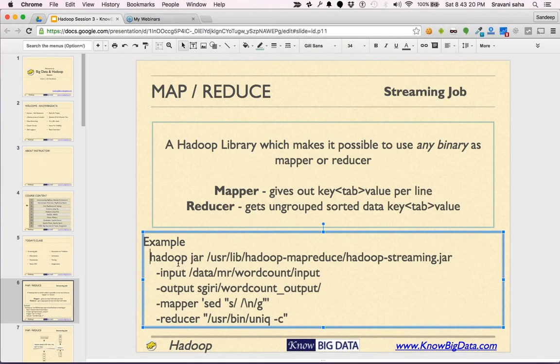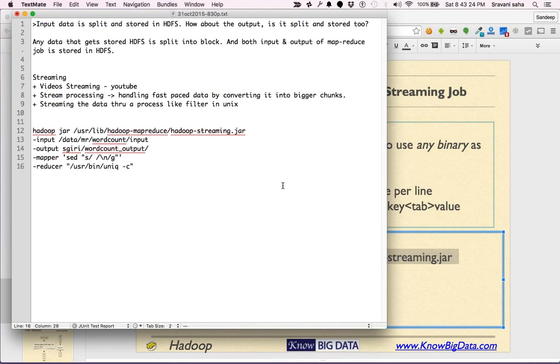Now let's take a look at this command. Let me paste it here. You notice that it's hadoop jar followed by this new library. This is code which has its own internal custom MapReduce code.